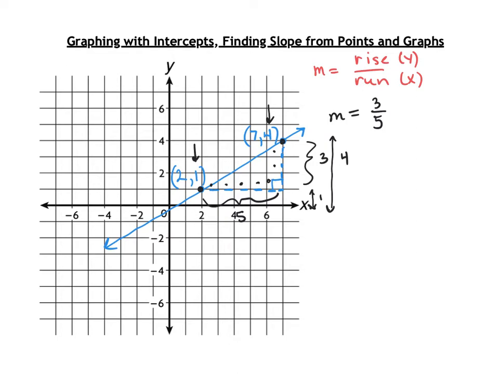And notice that if I take 4 minus 1, those two numbers, I get that rise of 3. All I had to do was subtract the y's. Typically, we'll call these general points. We'll put variables in there and we'll make a formula. This is going to be my second point, x2 comma y2,